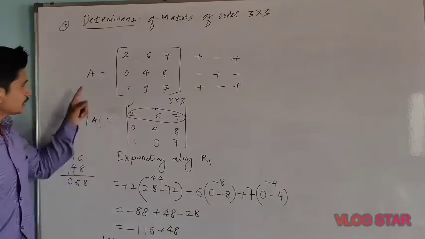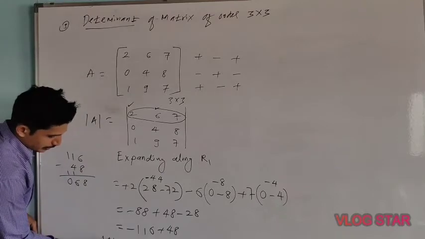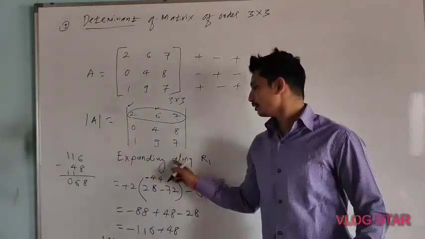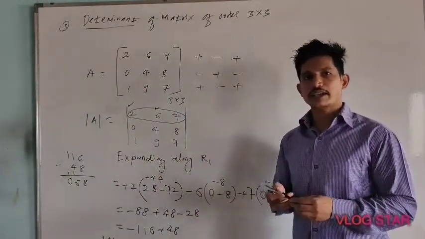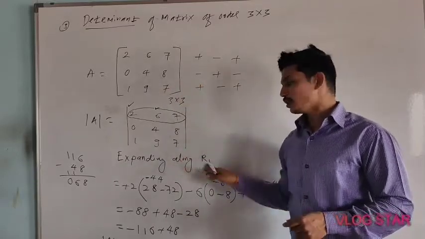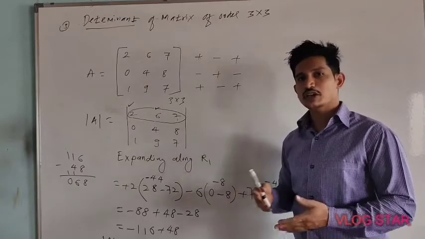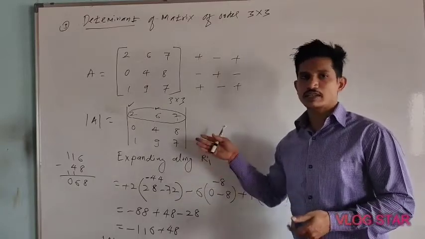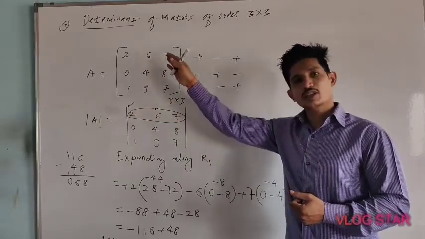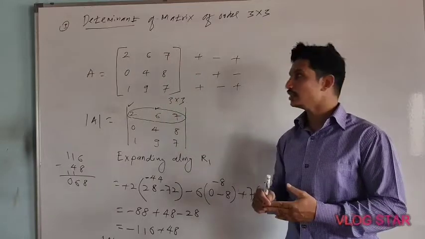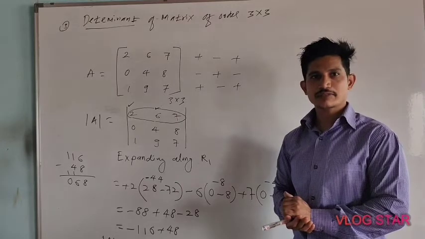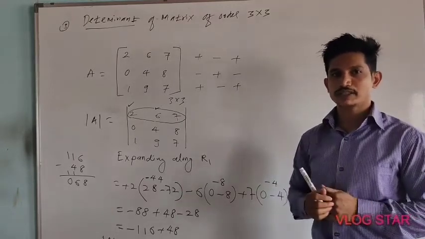This is called what here? Determinant of matrix A. Here how to find determinant of matrix A? Using the row number 1. Same way you can find the value of this matrix using row number 2 also. Using the elements of row number 2 you can find the value. Or using the elements of row number 3. Or using the elements of column number 1. Okay. Or using the elements of column number 2. Or using column number 3 also you can find the value of this matrix. Okay. Yes. So got now how to find the value of this matrix here?